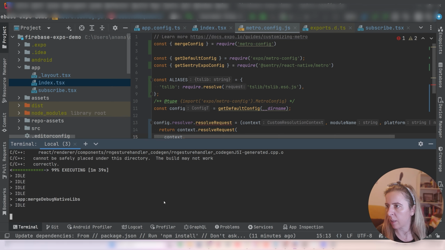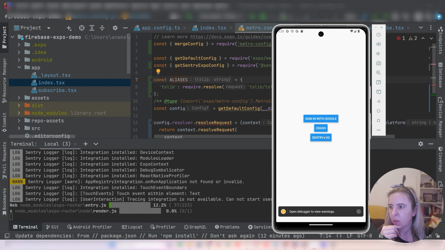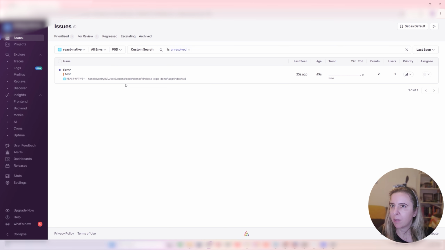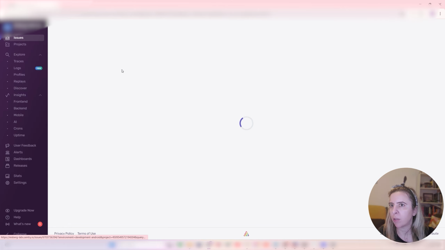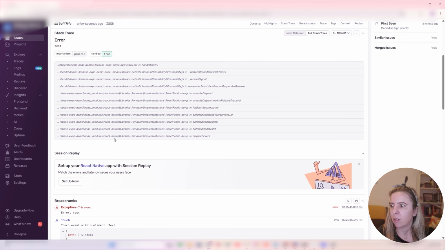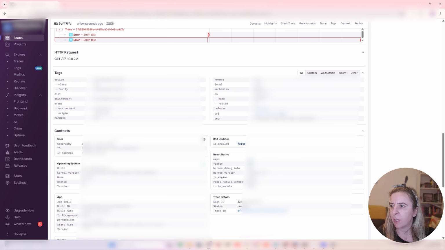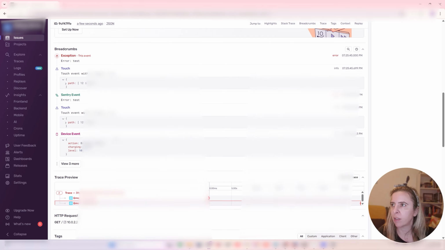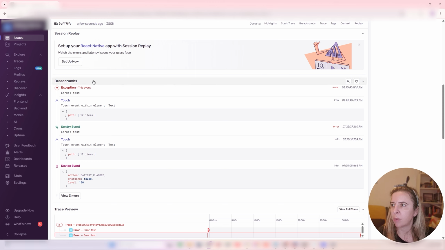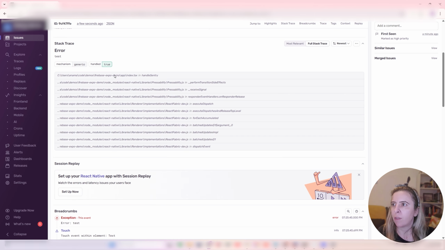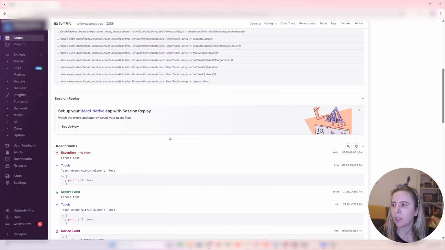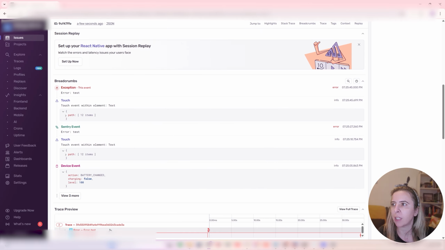I think this is enough. And my Sentry log is sent. When I click this button, Sentry log, it takes a while, maybe 10 seconds for the error to appear. But I got my error over here. And the Sentry information contains a lot more info than Crashlytics does. And you also see the breadcrumbs, what preceded this error. So it's also useful, it's not always the fault of the exact line where the error is reported, but sometimes it's something that preceded that error.